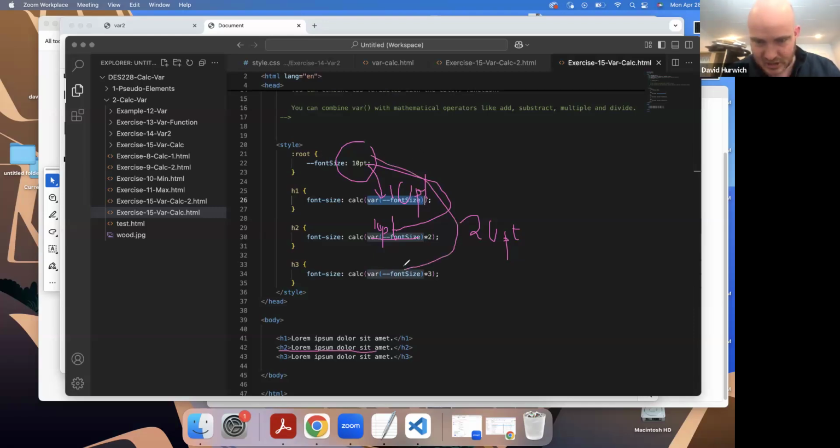And if I take this here, once again, this is 10 points. 10 points times 3 in this case is my calculation. So then my H3 becomes 30 points. Okay. So in other words, we're using this one variable in multiple values. And the point of this is so that we use this value and it's going to change all of these. And if I ever come and change this, it's actually going to affect all of these automatically without me having to go to each individual item and make changes. So